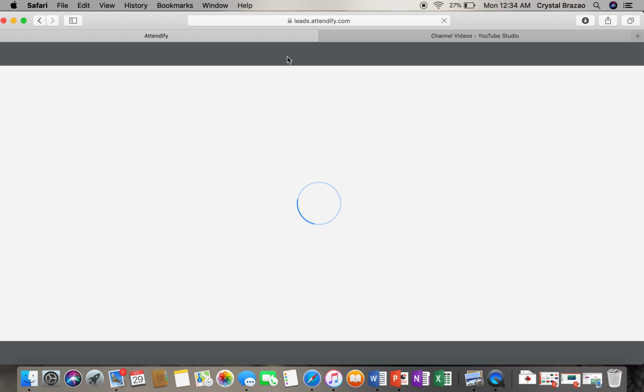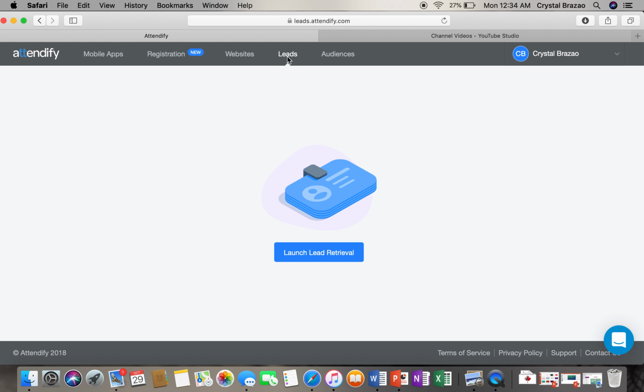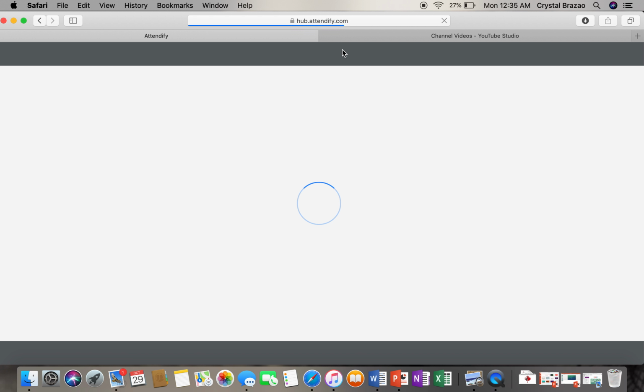Leads is another option that Attendify allows, but this is more for exhibitors. It's more for exhibitors to get information about the conference to support their business or their initiative. Probably not something that we'd be too interested in. However, audiences,